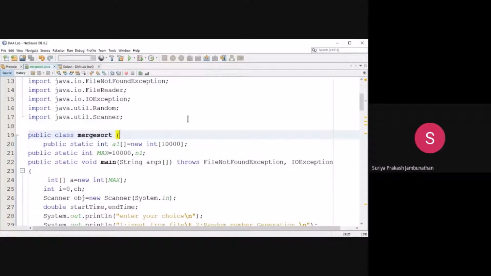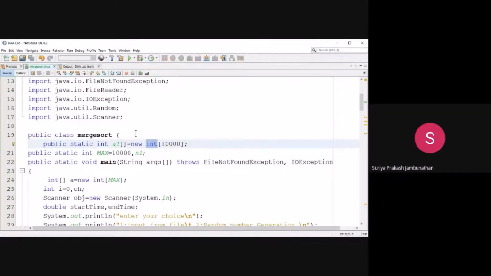So instead of integer you can go for long int, then float, double, and further higher value data types.